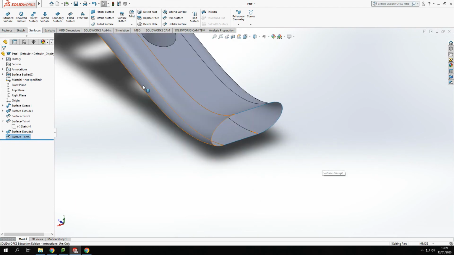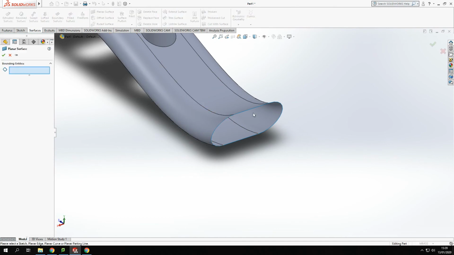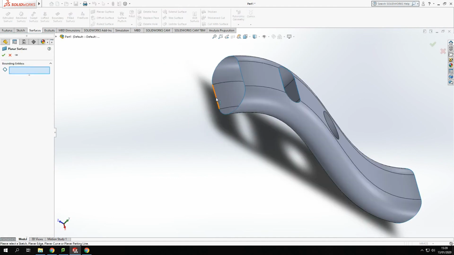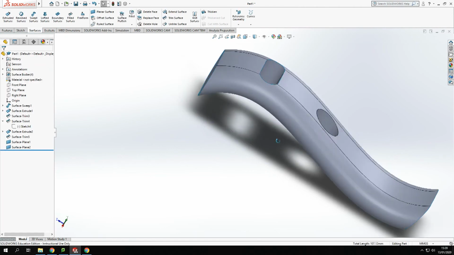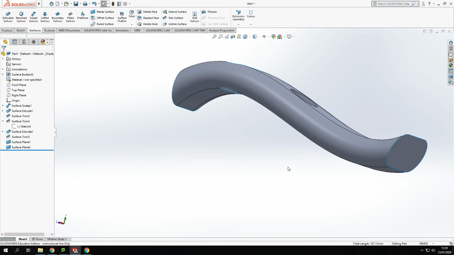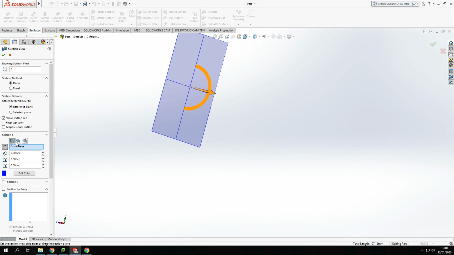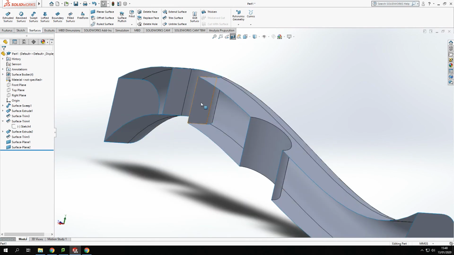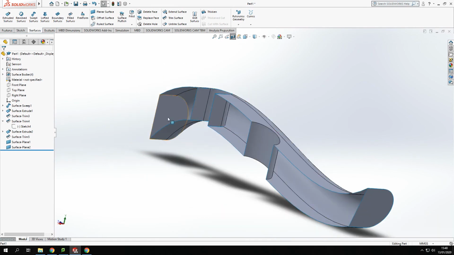So I'm going to cap these ends off using a planar surface. So I'm just going to come around, select them edges like so, and planar surface that end, and repeat for the other end as well. Planar surface that end as well. So now what I've done is I've completely enclosed that shape. Okay, so if I show you as a section view, you will be able to see inside there, but see also how it's closed through the planes, through the sections,